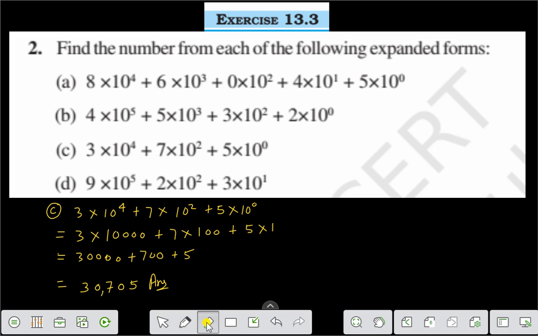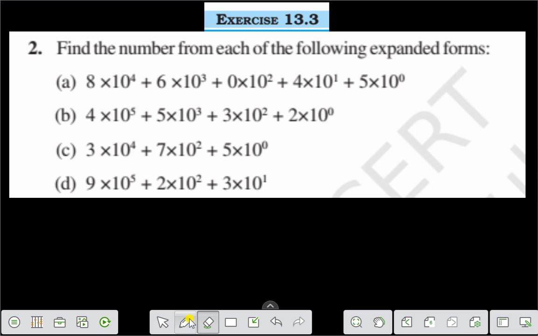We solve question number D. Question number D is this one. There is 9 into 10 to the power 5 plus 2 into 10 to the power 2 plus 3 into 10 to the power 1 is equal to